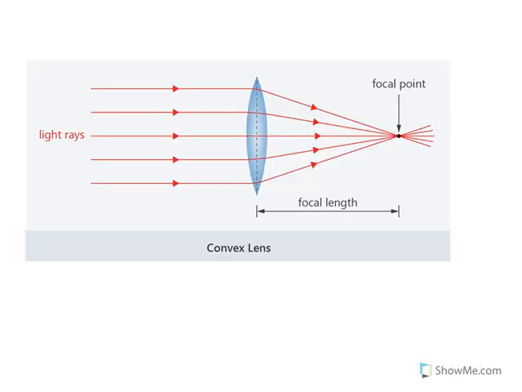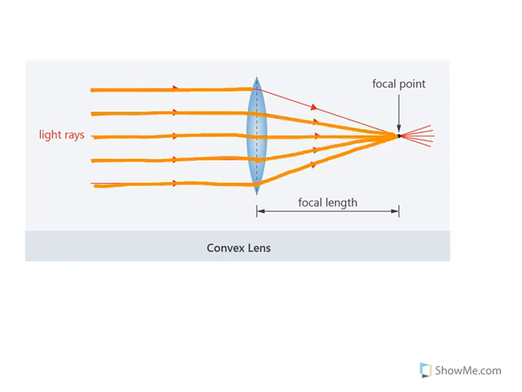Here's another picture of the convex lens, and to explain it again, see these rays are parallel, and these rays are parallel to the principal axis. After refraction, they all meet at a point here. This point is called the principal